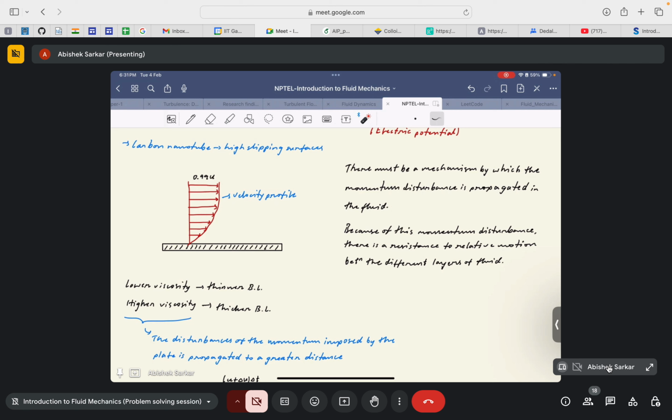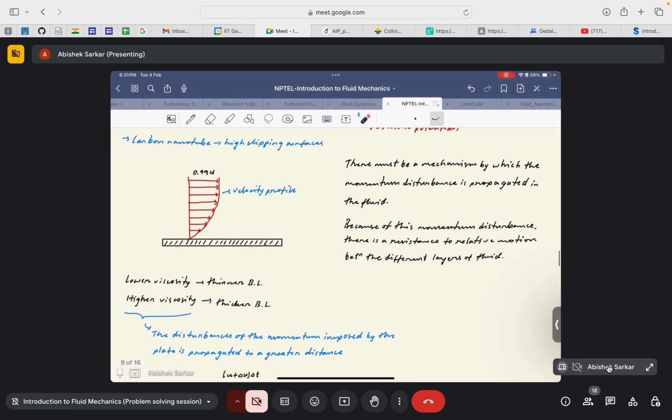Let me try to define it in another fashion. For example, let me just draw some. This layer of fluid that is stuck to the plate has zero velocity. Then the layer above it